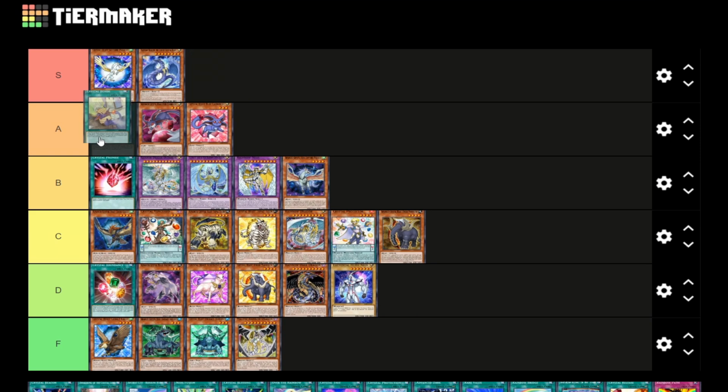It's either S or A tier. Kind of struggling with it. Probably very, very high A tier, very close to S tier. It used to be definite S tier, but it's more recently turned into a one of, because it is a hard once per turn. So basically, it searches any Crystal Beast monster, and then it places any Crystal Beast monster